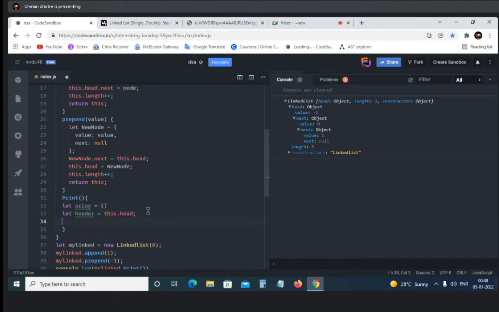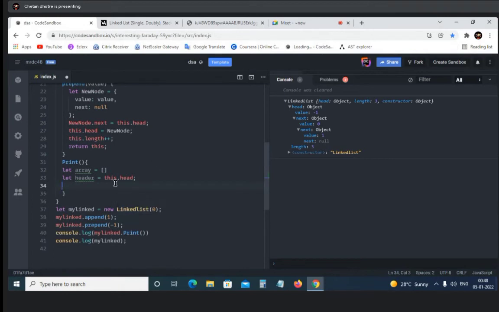Now in this we will run a while loop, so we can track the data until we find null. So we will say while the header is not equal to null, until the header is null, we have to run this loop.